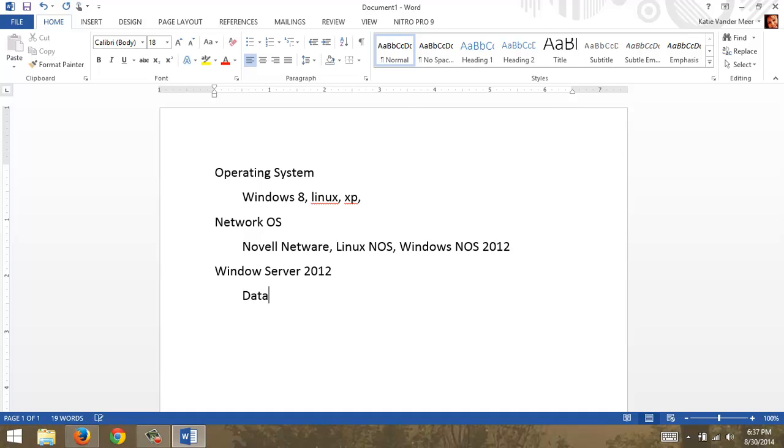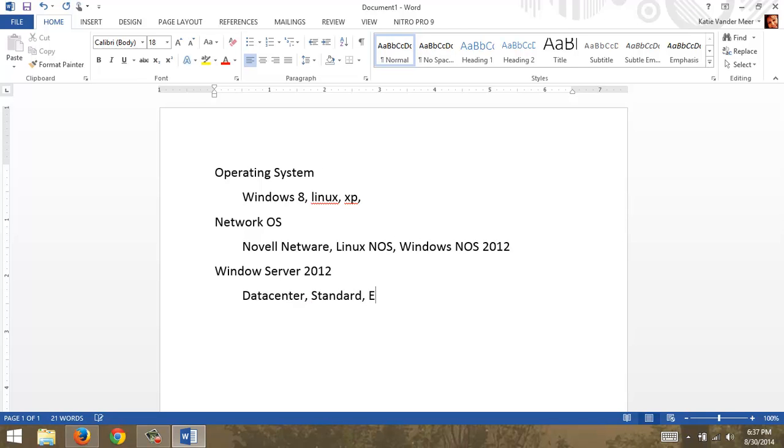There's the data center version, which is on page 4. It explains the variations between the editions, but data center is probably the most popular version if you're running a medium to large network. We also have the standard edition,